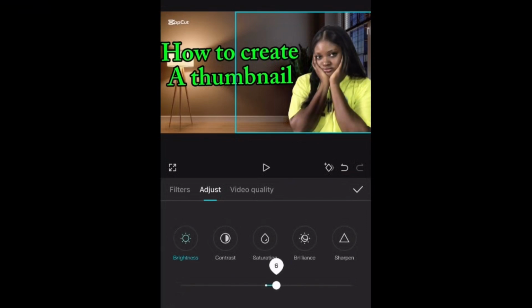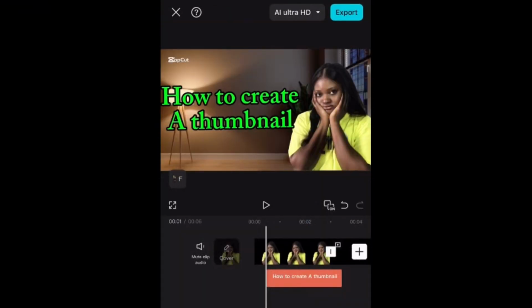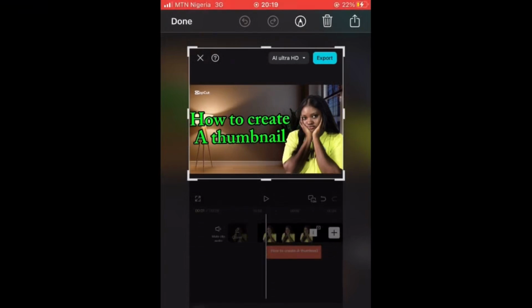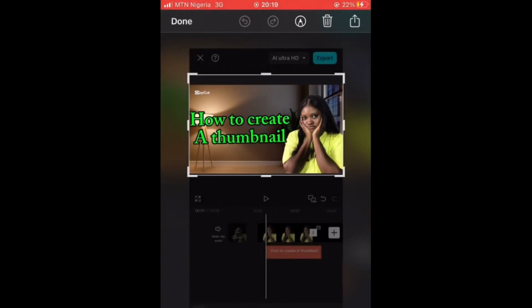So if you click on adjust, you click on brightness, then you can bring the light up, or you reduce it down, depending on how the picture is. After that, you just screenshot your thumbnail. Then before you reduce it, crop it so that you can cut out the CapCut logo and then save it